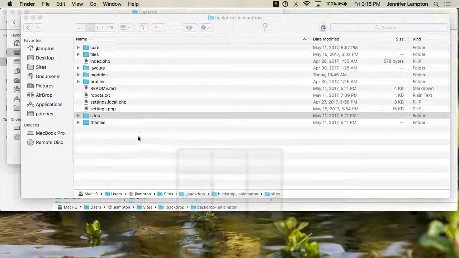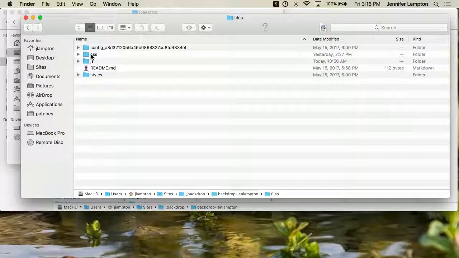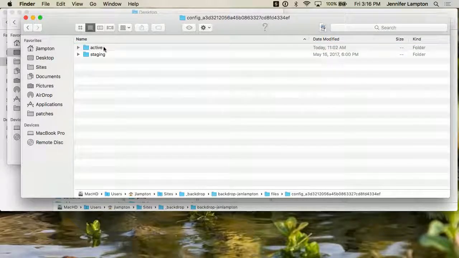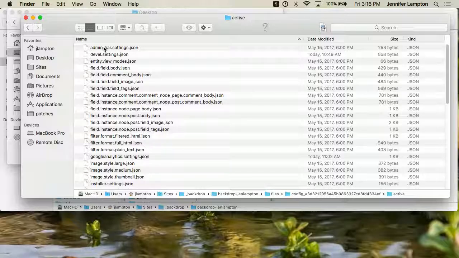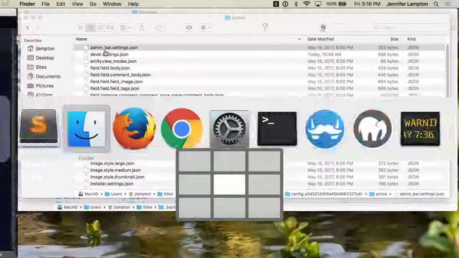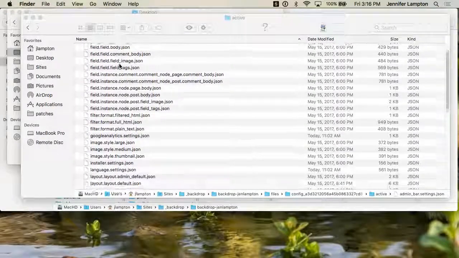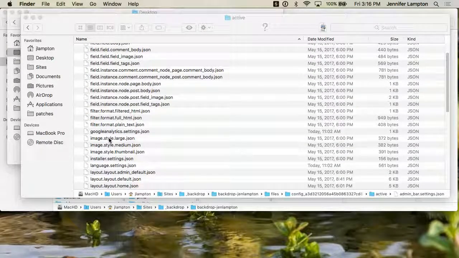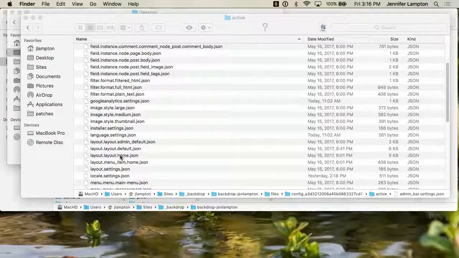let's do a little introduction first. In Backdrop, we have configuration management in a way that is similar to Drupal 8, but not quite the exact same. Our system is a little simpler and more direct. Ostensibly, potentially less powerful, but I would say not for practical purposes. So this is a configuration file for like the administration bar, but every single thing that you install or configure on your website, like that layout for the